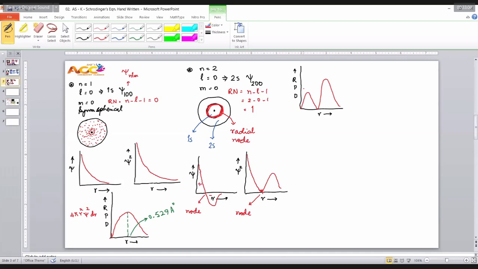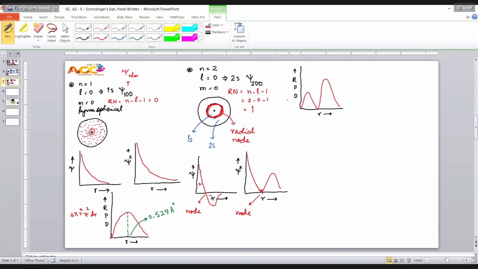Right? If a class is going on, what happens? So many benches are there, with a small number of students. Everyone wants to come forward. That means as you are increasing distance, the number of students available per bench, psi square, the chance of finding the electron per unit volume, decreases because they want to listen to the class carefully. But when you talk about total probability, now the class is not going on, study hours are going on. Then, since there are so many benches, everyone gets relaxed and they get distributed.